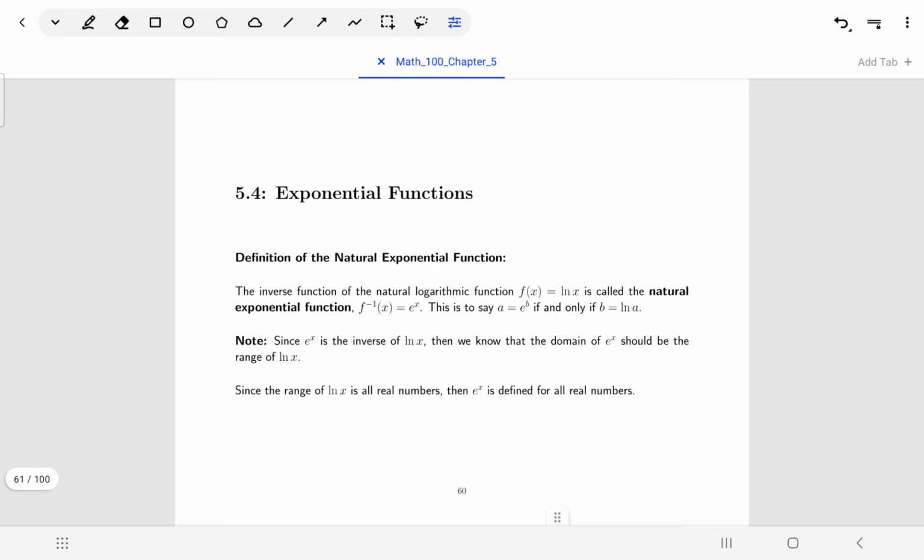Welcome back. In this section, we're going to start looking at exponential functions finally. More specifically, we're going to start looking at the natural exponential function e to the power of x. We'll eventually get to talking about all the logs and all the other exponential functions, but first we can actually define e to the x now, and that's because we came up with our definition of natural log as a